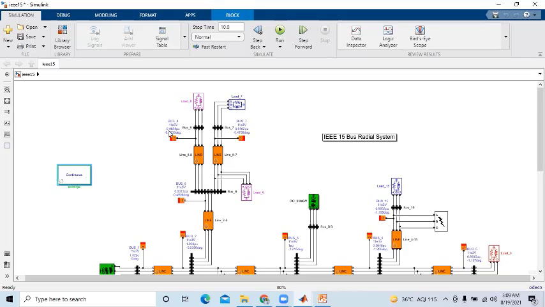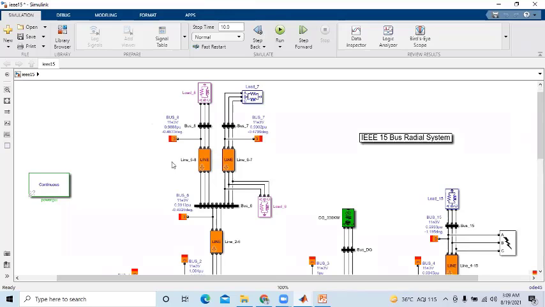If you look at this, let me zoom it. You can see that bus number 8 has a voltage of 11 kV, and in per unit it is 0.9888 per unit, and the angle at this bus is minus 0.4633 degrees. Similarly, each of the buses has been updated and